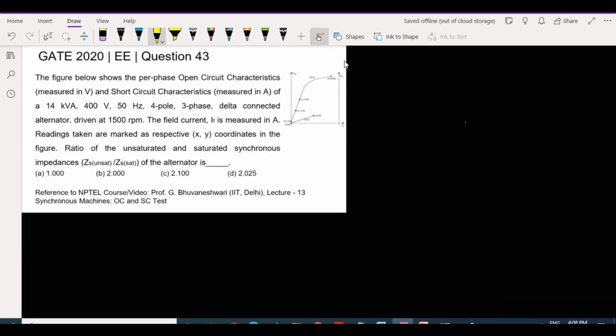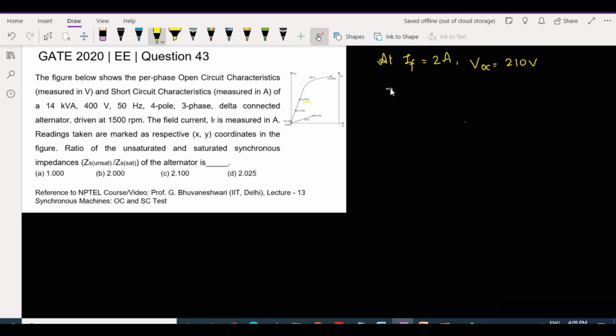Now if we see this curve for the unsaturated synchronous impedance, at IF equals 2 ampere, VOC is equal to 210 volts. You can see from here the value at 2 amperes for the open circuit voltage is 210 volts.